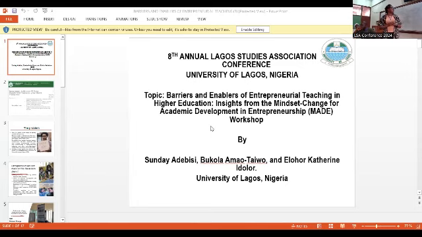And this initiative entails developing the capacity of faculty members, lecturers, and people inside the university community and outside the university community on developing entrepreneurial skills for entrepreneurial teaching. And we've been doing this for some time. The reason why we do this is because over time, the Nigerian government has realized that entrepreneurship education is a key driver if our youth unemployment crisis will be put to bay.